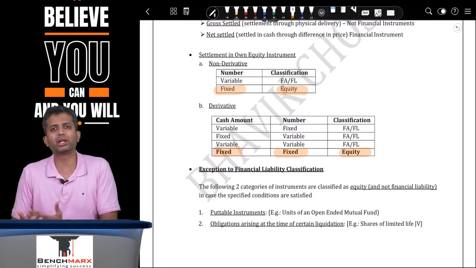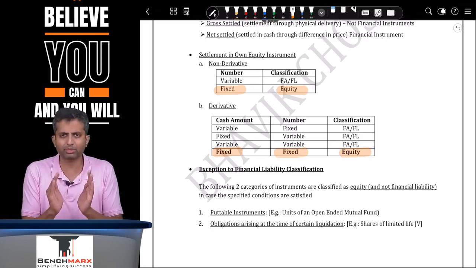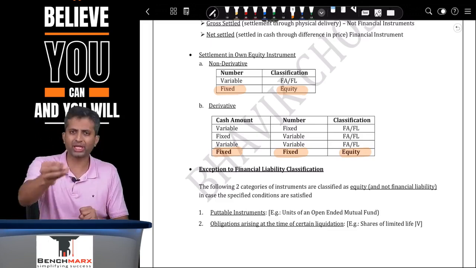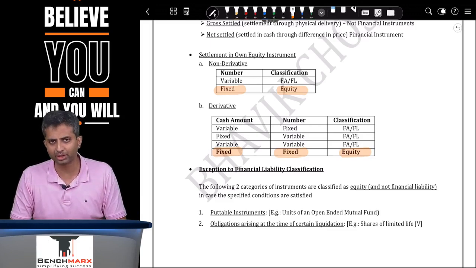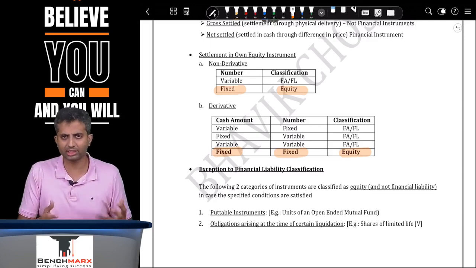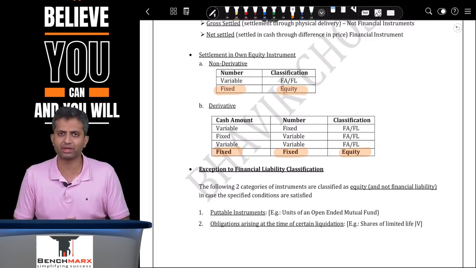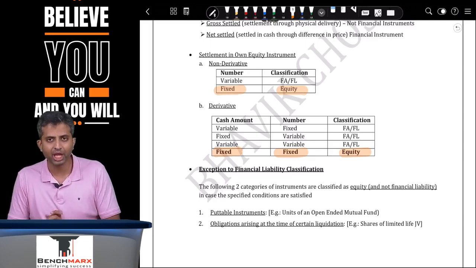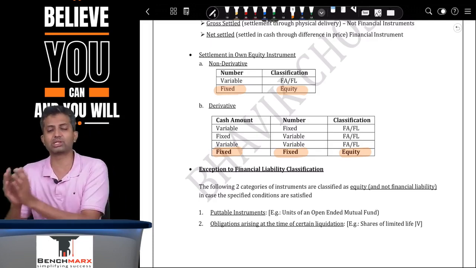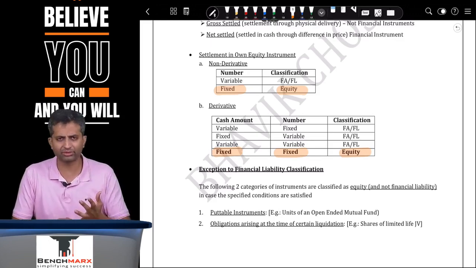Similarly, shares of a limited life entity like a joint venture, for example, which is formed for a limited period, you are under a contractual obligation to pay cash at the end of that specified period. Not a fixed cash, but at least cash. And hence, if I strictly apply the financial instruments standard, then these would directly go within the definition of financial liability. However, in substance, they represent equity features, and hence there is an exception where if 5 conditions are satisfied,